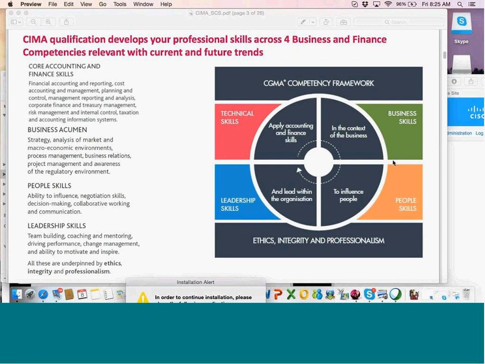There are key components that you need to remember. There are 5 areas, actually, that CIMA tests you on. Even students who have achieved the pass mark in the exam, if they're not good in business skill, people skill, or leadership skill, may not pass. Now, in a question, you don't need to apply all 4 skills, as it may not be appropriate to use all of them. However, when you're structuring the answer, this is where the structure plays a significant role. You need to see: what is the technical skill that I'm applying? What's the business skill, people skill, leadership skill? What are the skills that I can put in here